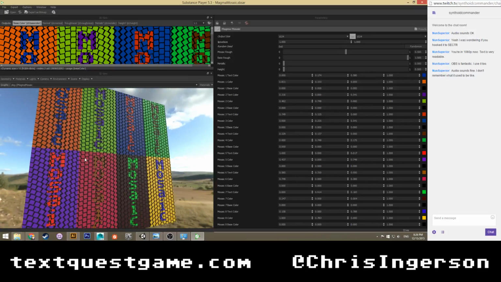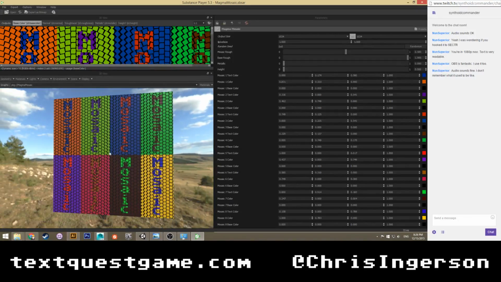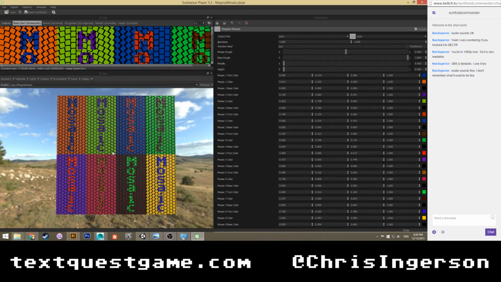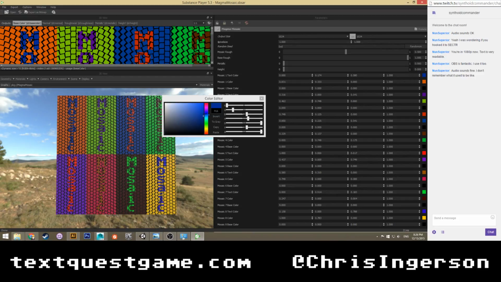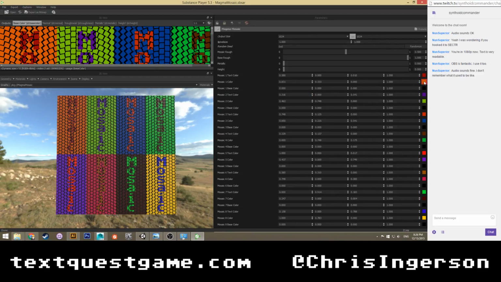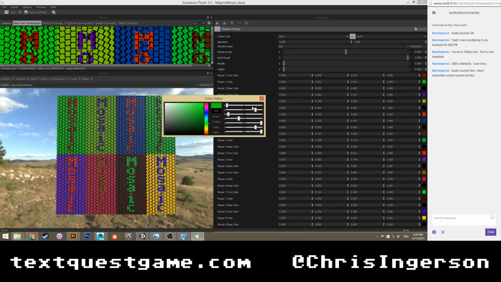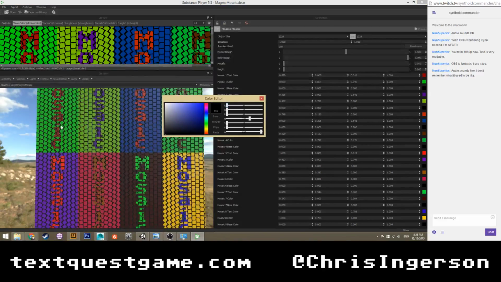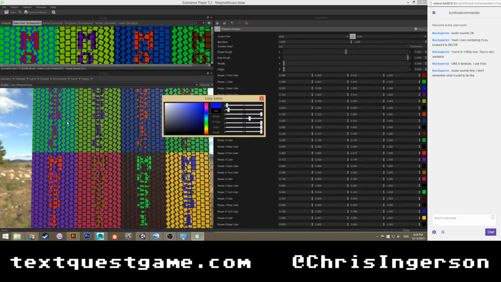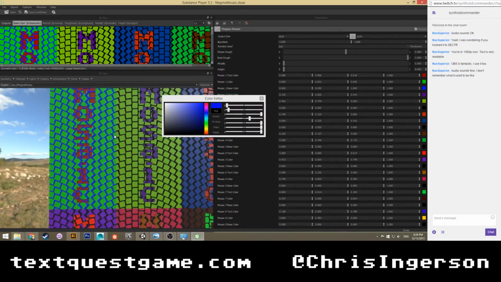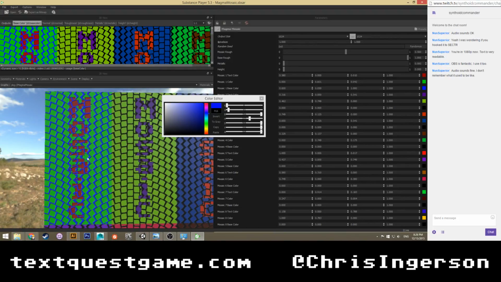But currently it supports up to 8 different mosaics. Each color can be customized, so I could say, change this to be red, change this to be green, because we're fashion forward like that. Change this to be blue. Oh, that's right. There we go. So we can change everything from the mortar to the tiles to the mosaic word itself.